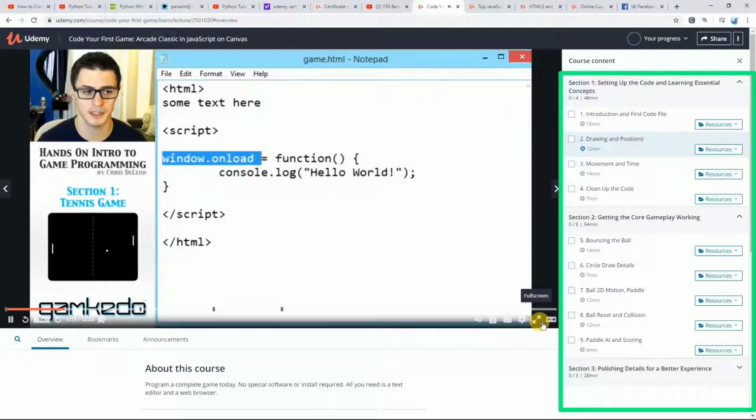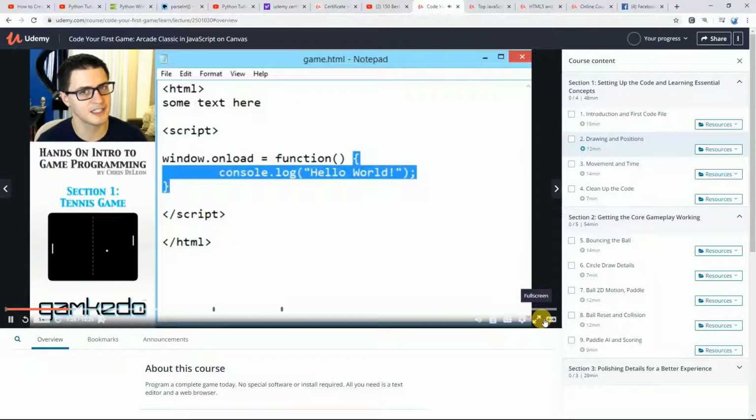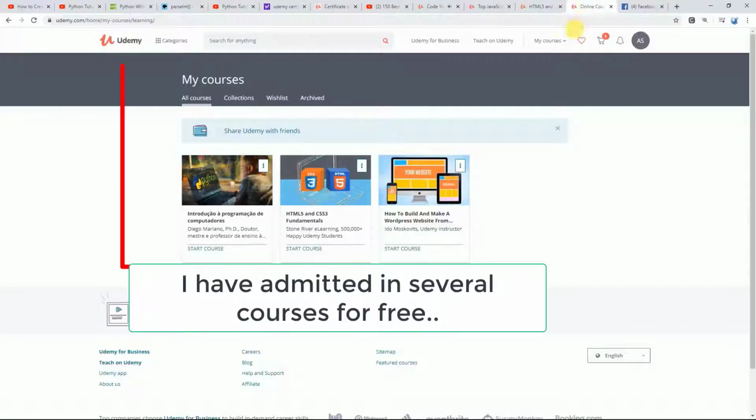Run the function or the series of code described between these braces. Now, what all that means might sound like a bunch of Greek if you're new to programming, but the gist is that we don't want our code to actually start running for our game until all of our page, and therefore all of our code, is finished loading. This allows us to be a little more loose and free about the order